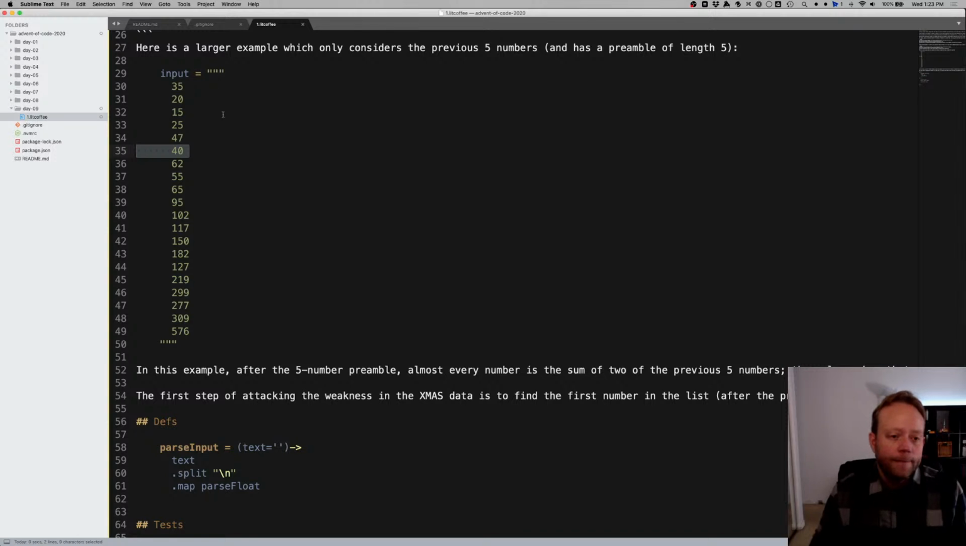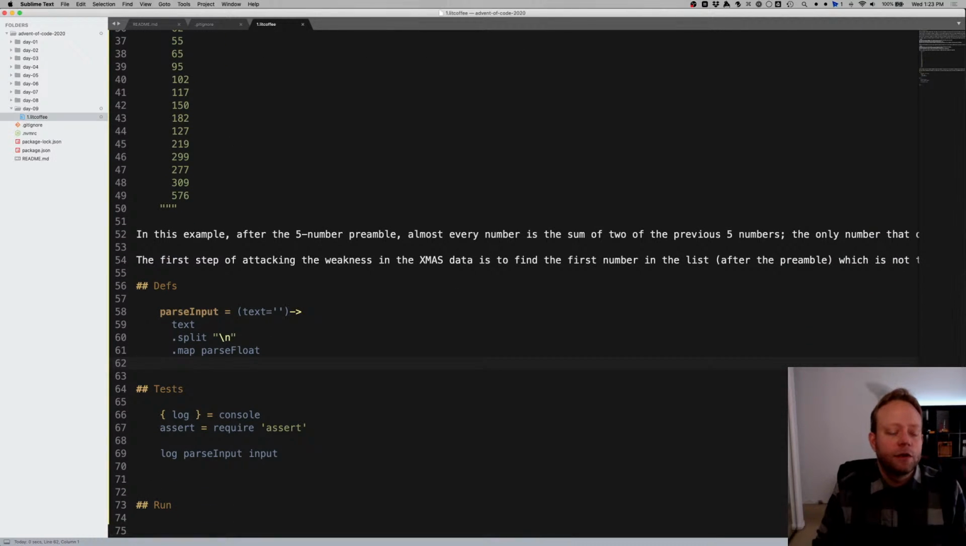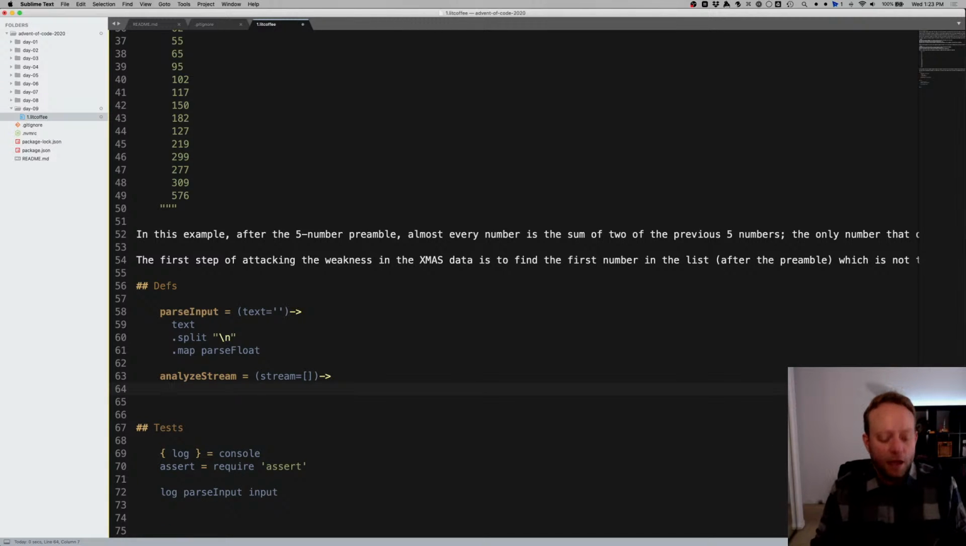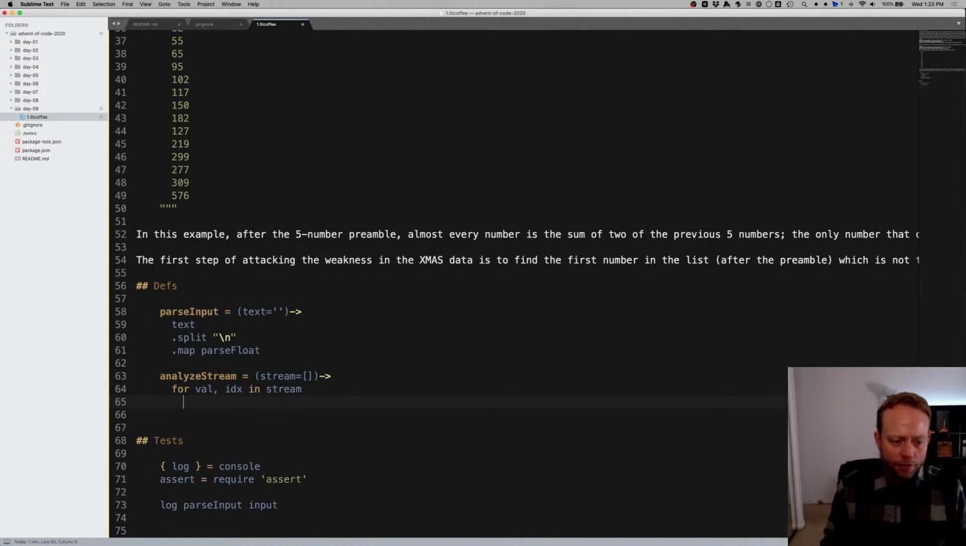All right, so let's start looking at that. So we'll analyze stream. Analyze stream, is that really? I don't know. And this is going to take the input or the stream, which is an array, and for val and index in stream, because in is how you iterate over an array. We're also going to take a window size. We need a window size. And in this case we'll just default it to